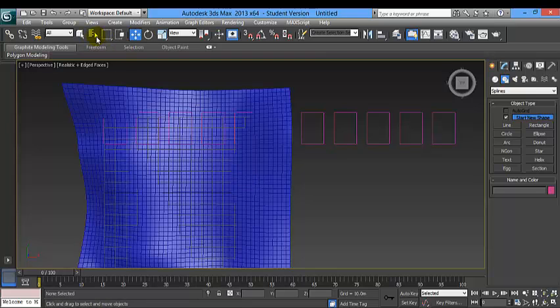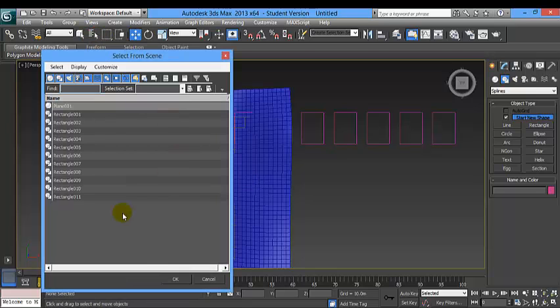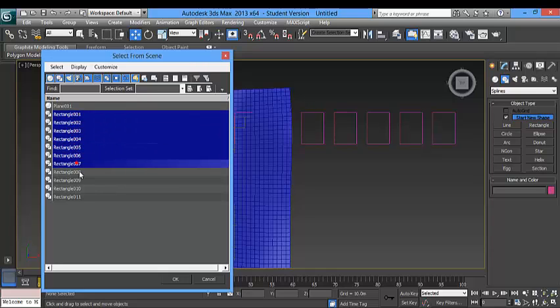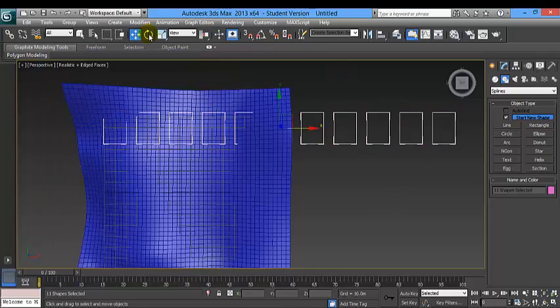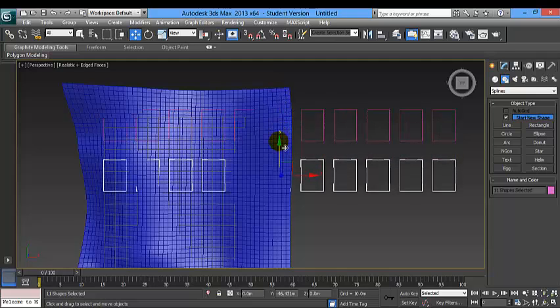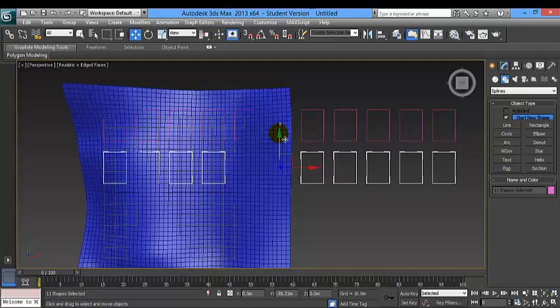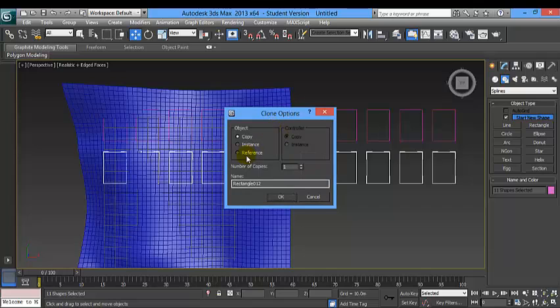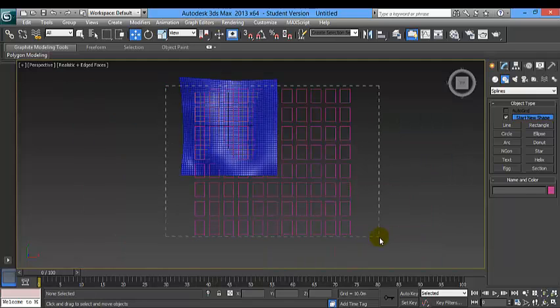So now I'm going to selection list. I'm going to select all the rectangles, and I'm going to copy again this row of shapes. So I'm going to click shift and move, and then I decide the distance again, and I will give 7 as the number of copies. Select all the rectangles.